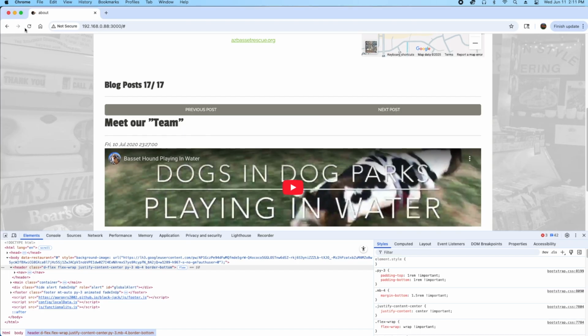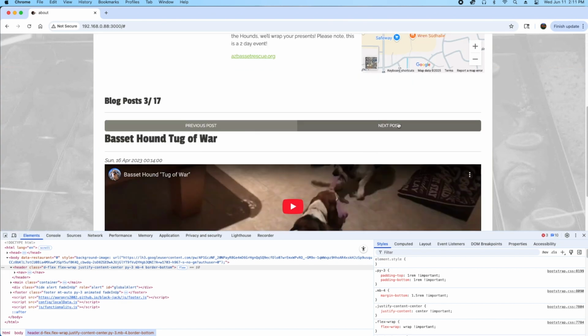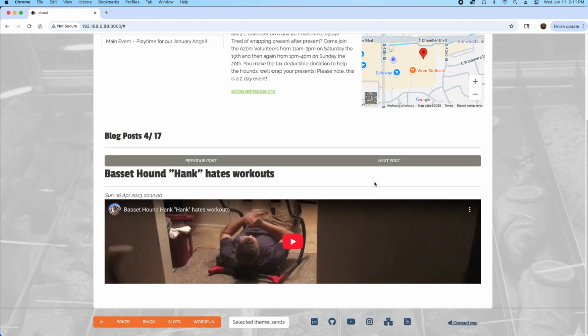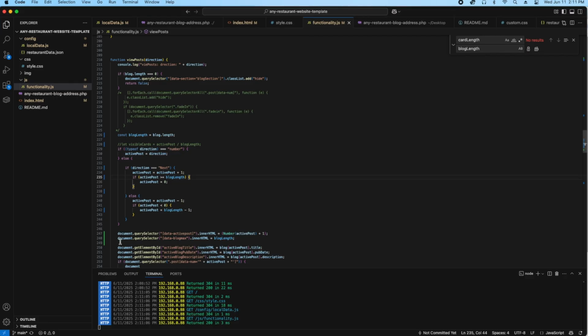Here, that thing, literally the next needed a capital. That's it. And so now it all works. Now you can see the blog post, which active is 4 out of 17. And now we can move on with what we intended to do with this course. Let's just move on to,